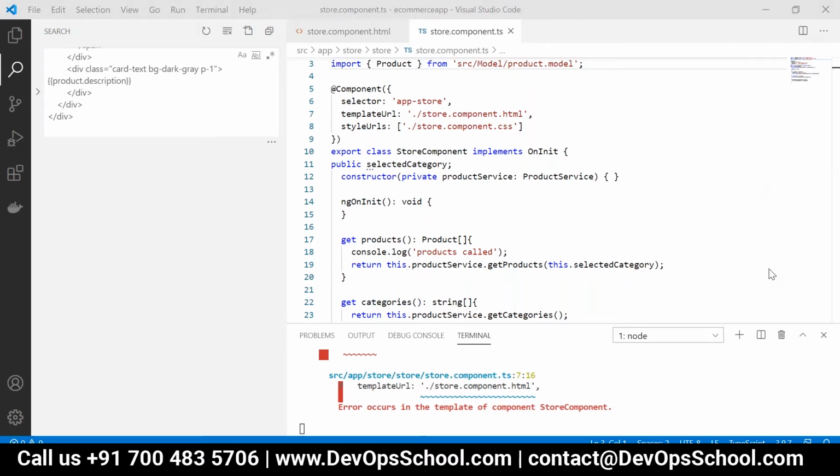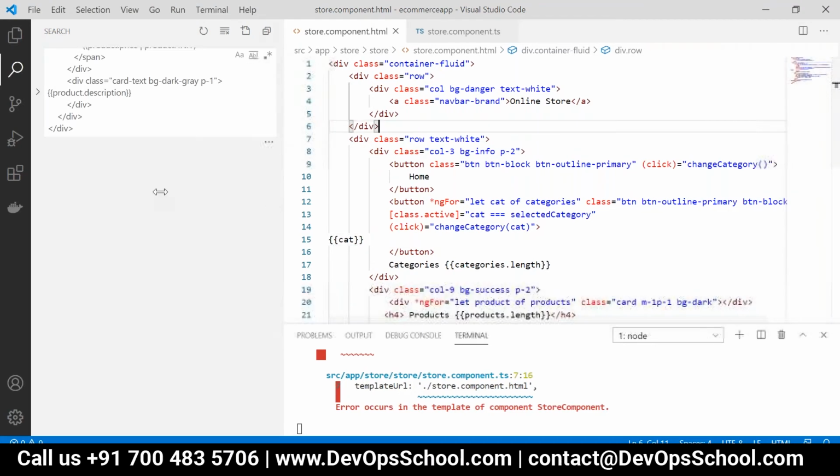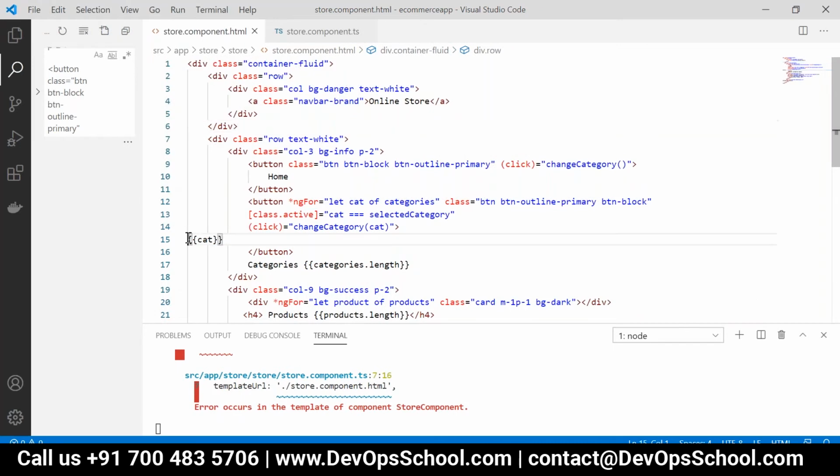Okay, just go to store component HTML now. Button ng for let cat of category, okay, button block. So class dot active you're writing, right?